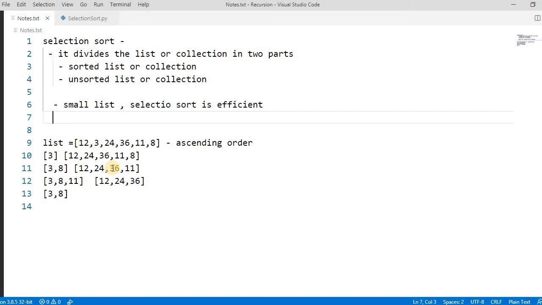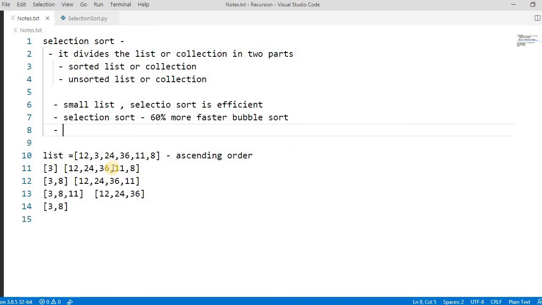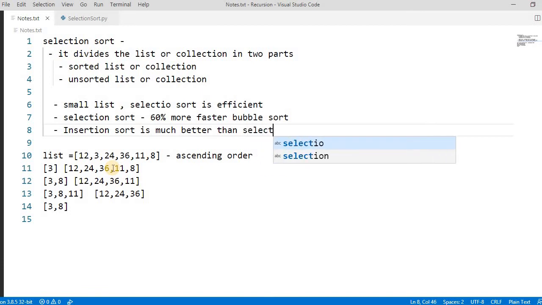And one more thing: it is said that selection sort is 60% faster than bubble sort. But insertion sort is much better than selection sort. These are a few of the facts.